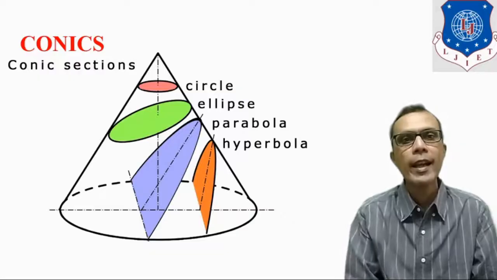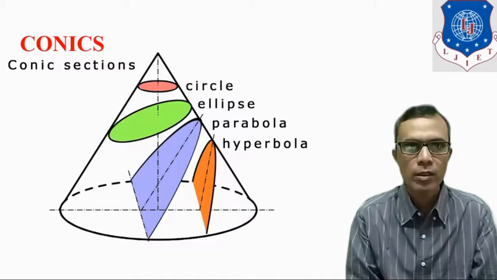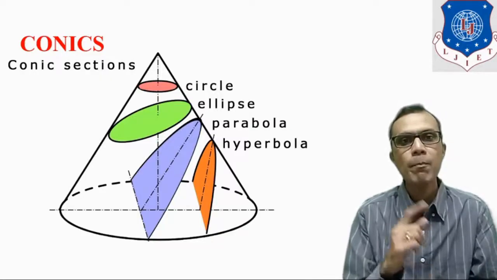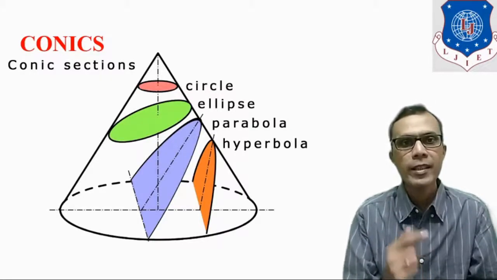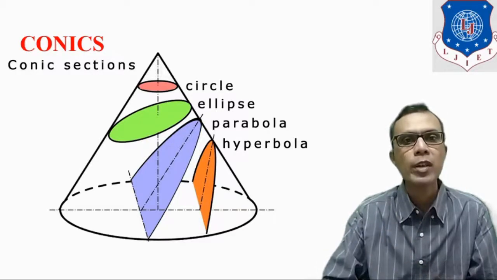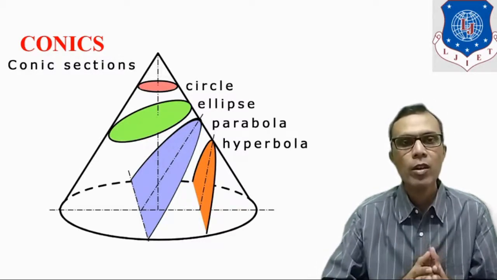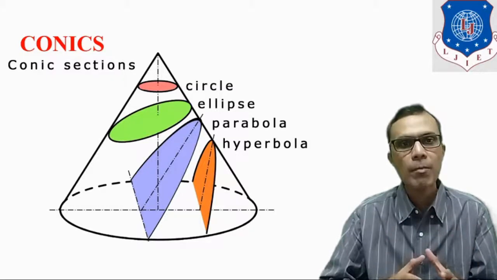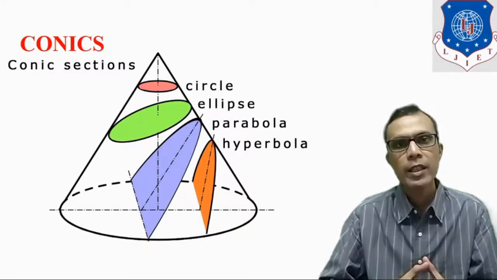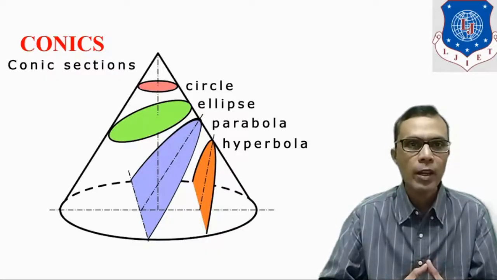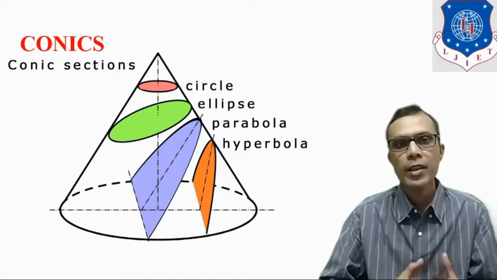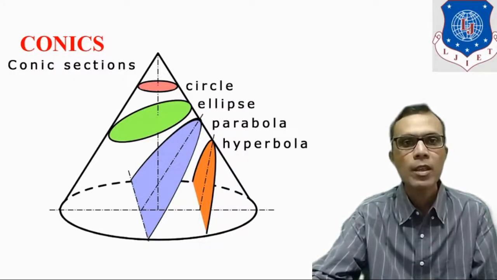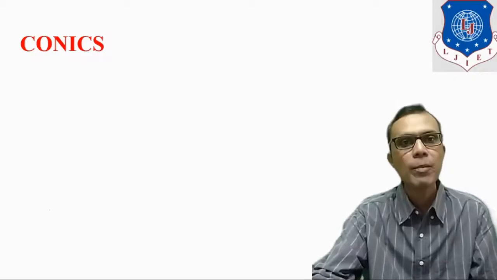Here in diagram one right circular cone is shown. It is known as a right circular cone because the shape of the base is circular and its axis is perpendicular to its base. That's why it is known as a right circular cone. If we cut this cone by cutting plane in different positions, different sections we will obtain. In general, these sections are known as conics, like circle, ellipse, parabola and hyperbola.